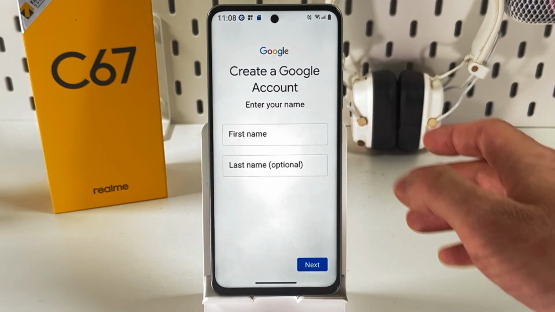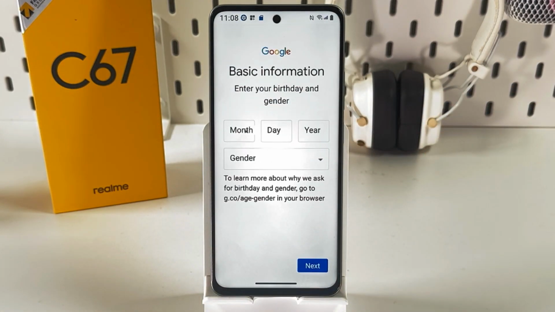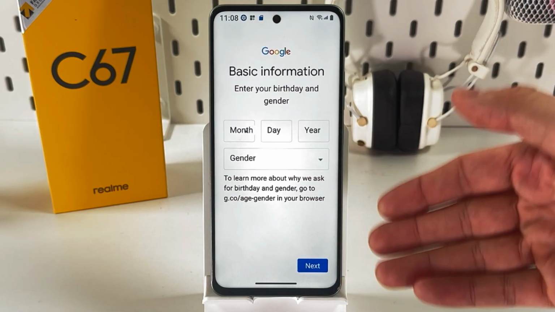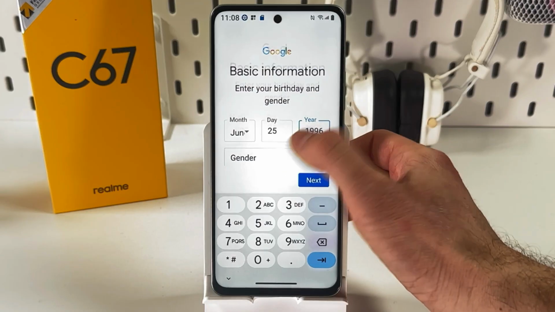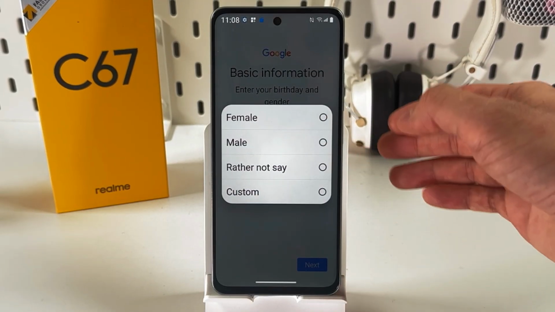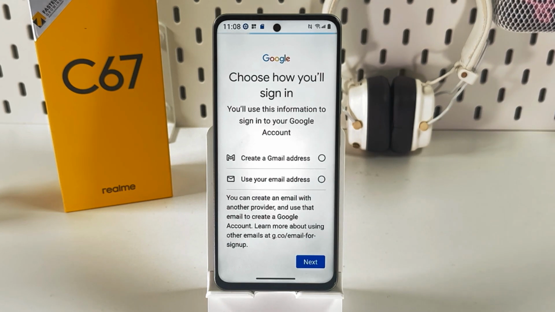Now you have to enter your name and last name. Press next. Now you gotta choose your birthday and choose your gender. Now choose your gender: female, male, rather not say, or custom. Press next. Now you gotta choose how you will sign in, so to create a Gmail address or to use